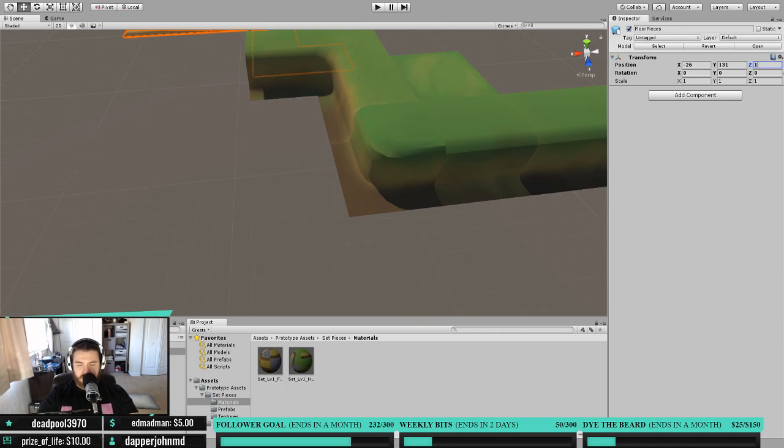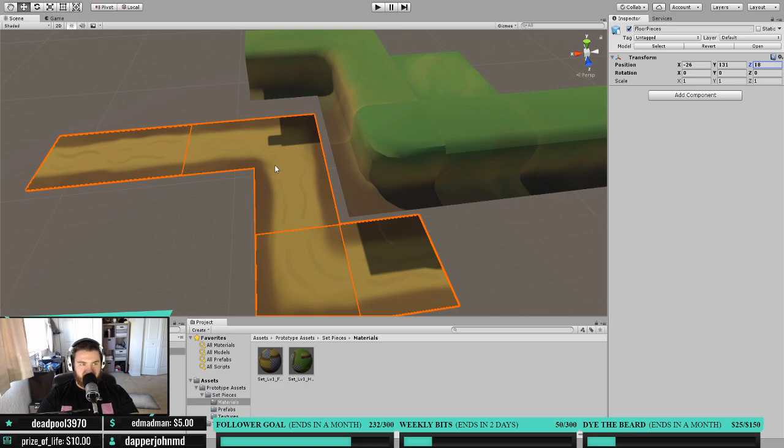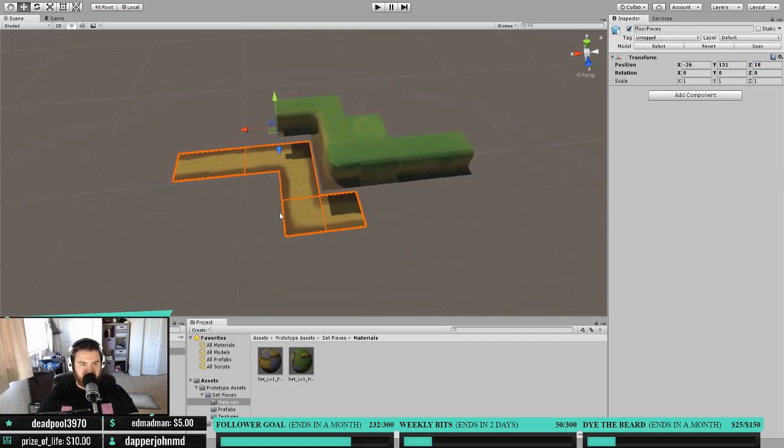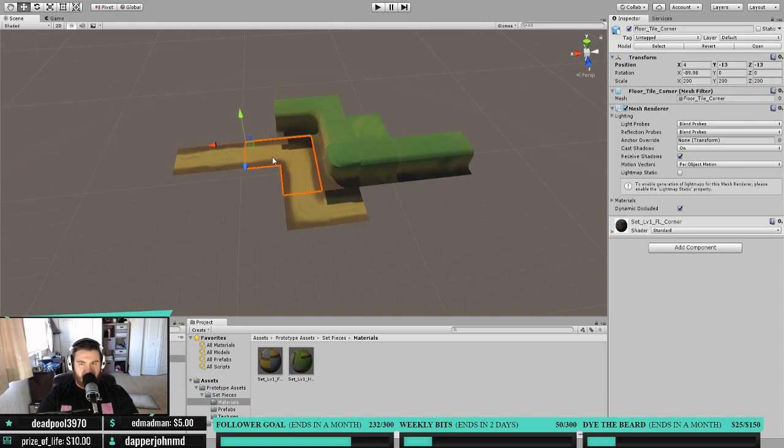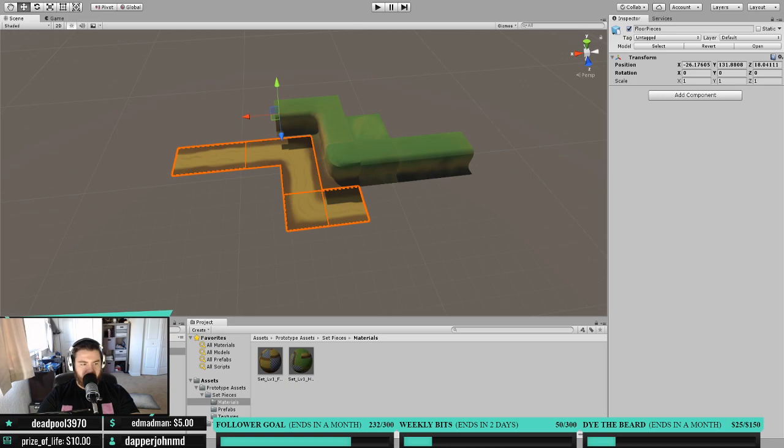We'll just, there we go. Oh, okay, because it's the whole floor pieces piece